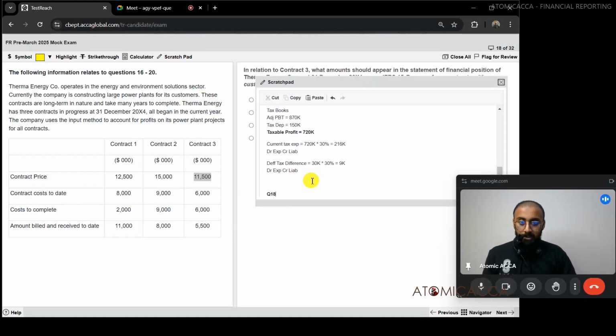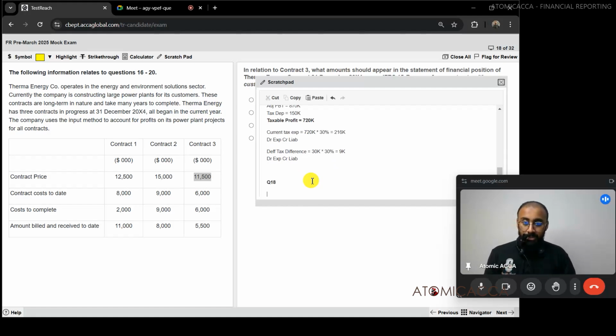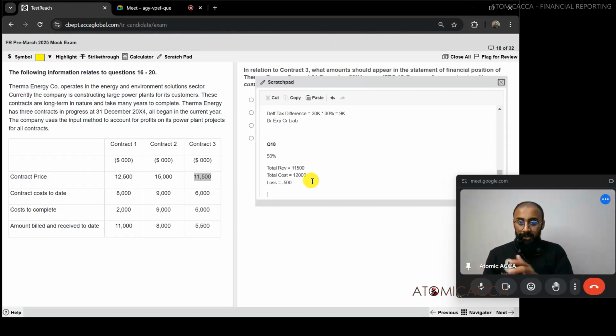This is question number 18. So the situation is like this: 50% completion is there. Total revenue is 11,500. Total cost is equal to 12,000, and that means there is a loss as of now equal to minus 500. Now to record within SOPL, the SOPL extract,